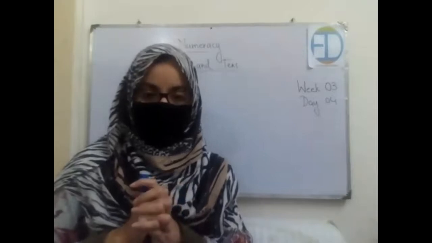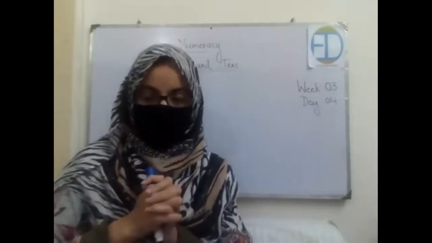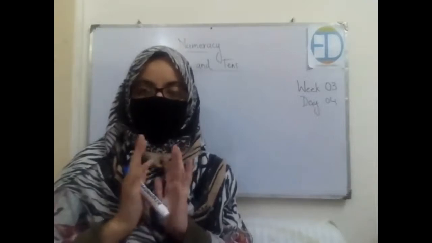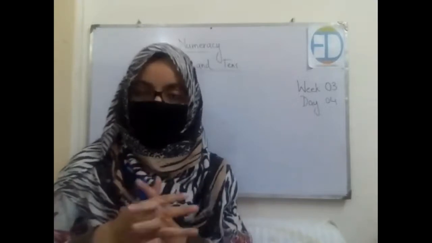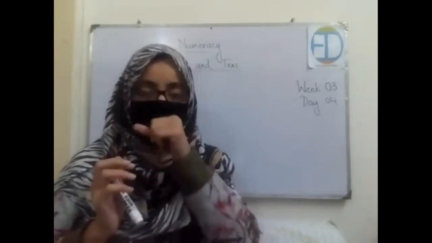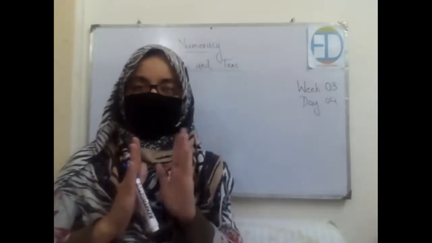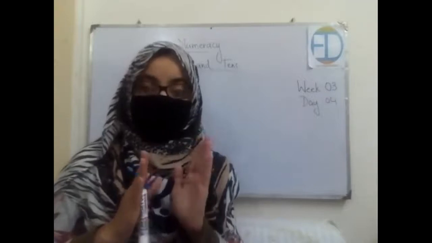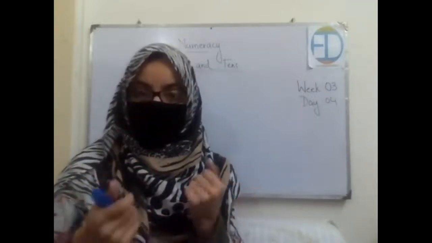In today's class, we will be continuing with the topic that is ones and tens. In yesterday's class, basically, we practiced writing the number in the form of ones and tens from 1 till 20, right? And I told you that there is a very simple strategy that we need to follow: we will just count the number of beads on the abacus, and then we will write the number and we will get whatever we want to write.